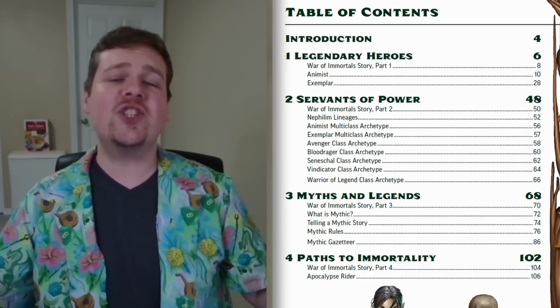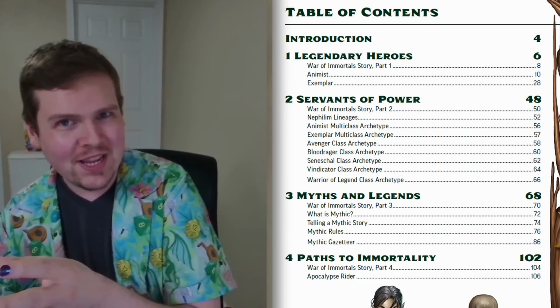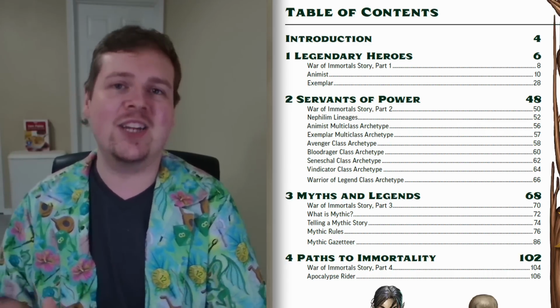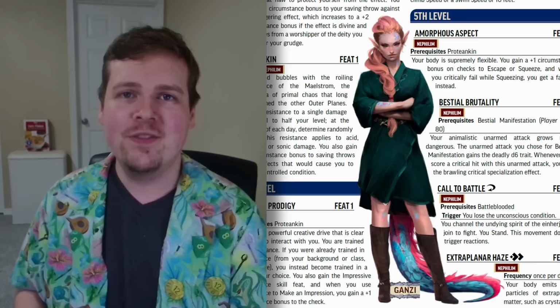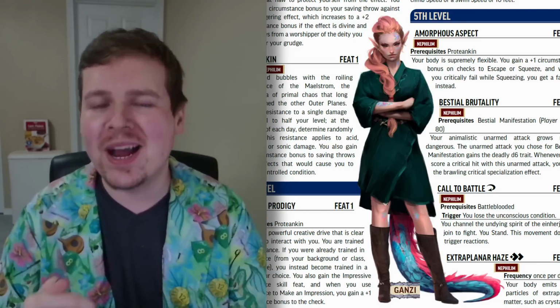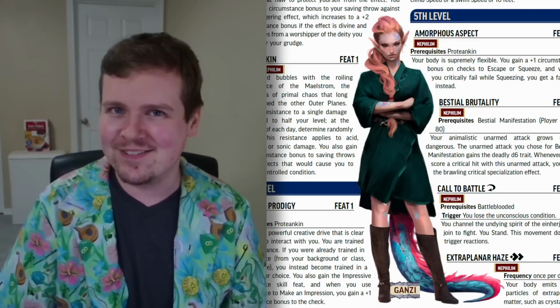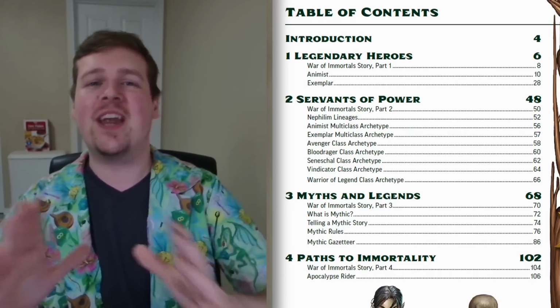The next chapter, called Servants of Power, is all of the new Nephilim lineages for all different types of interplanar beings. It's not just Aasimar and Tieflings, or whatever they were called nowadays. There's more to it. This is where we see the return of the remastered versions of things like the Aphorites and the Ganzi. We also obviously get the multi-class archetypes of the Exemplar and the Animist, and a bunch of